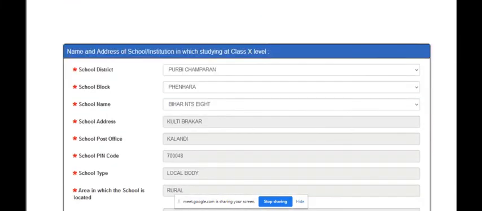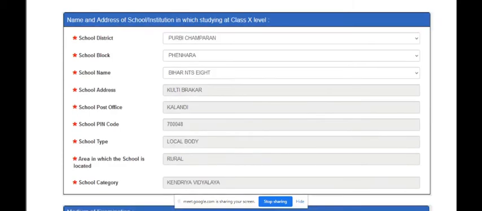After that, in the next part, you have to type your school or institution information, like district, block, name of the school, address, post office, pin code, school type, in which area the school is located, and category of school.